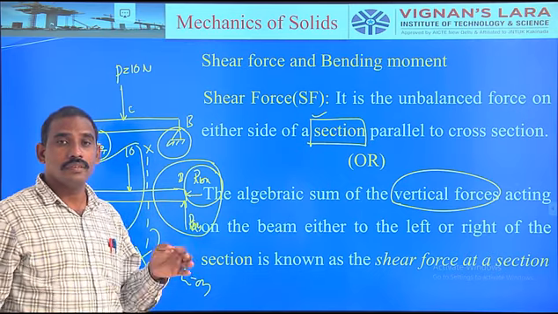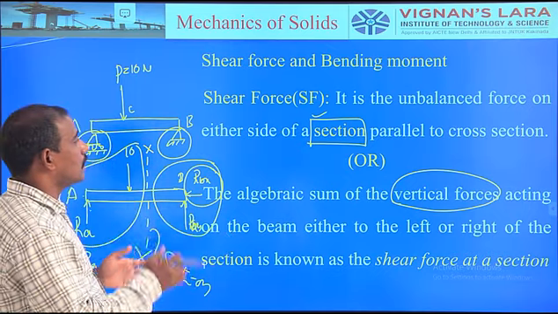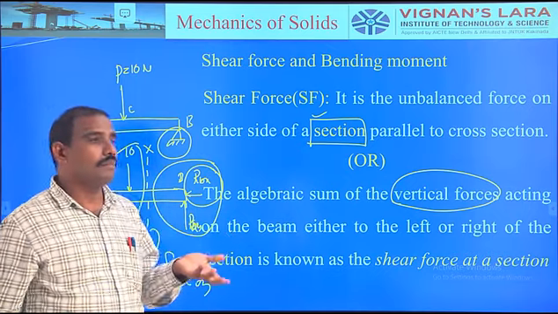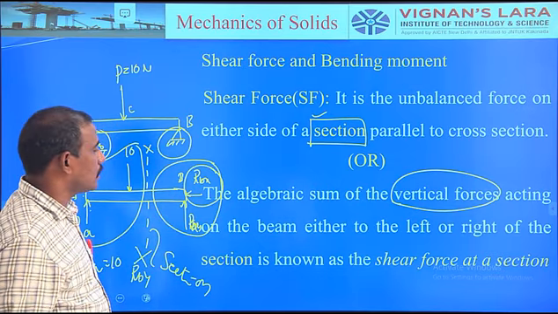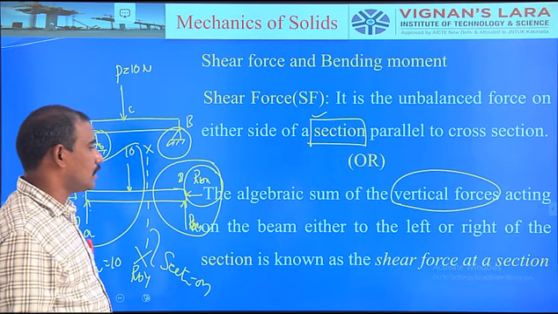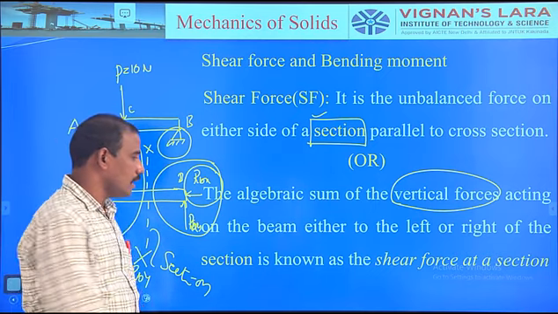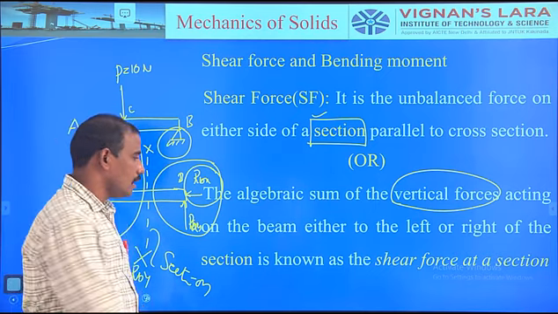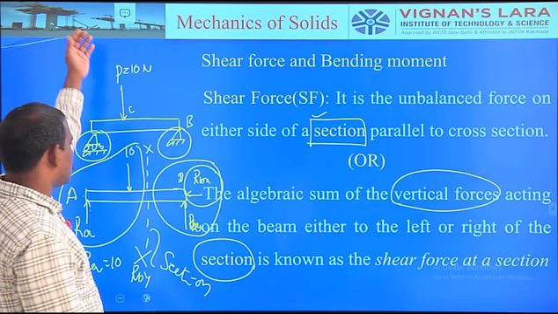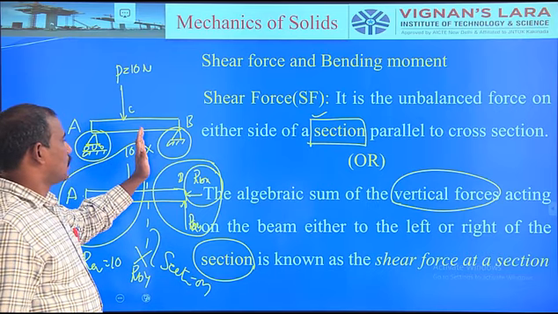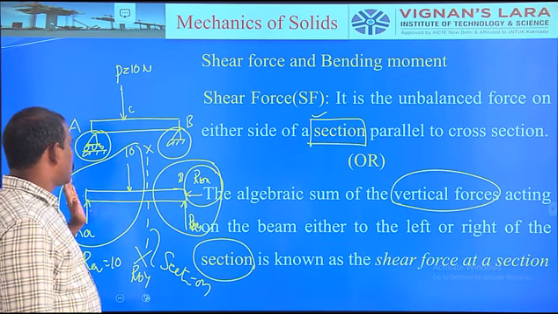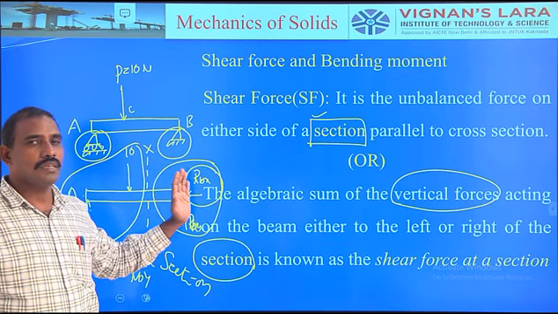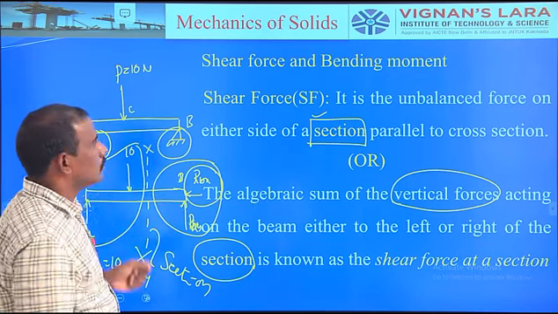That shear force causes the beam to become unbalanced, or can even fail the beam. So finally, the algebraic sum of the vertical forces acting on the beam, either to the left or right of the section, is known as the shear force at any section. Simply, I can calculate the resultant force vertically at any position, either from A or B, that may be 1 meter, 2 meter or 3 meter or at any moment. So this is the procedure.